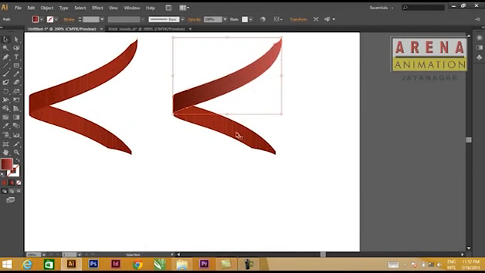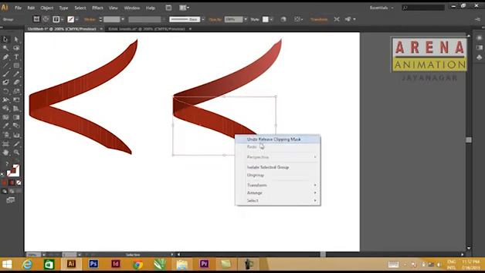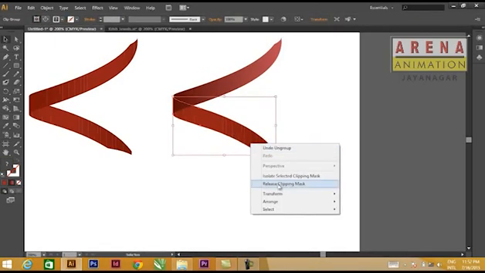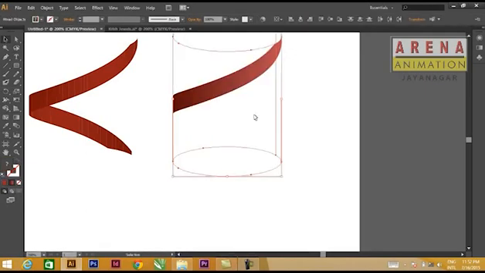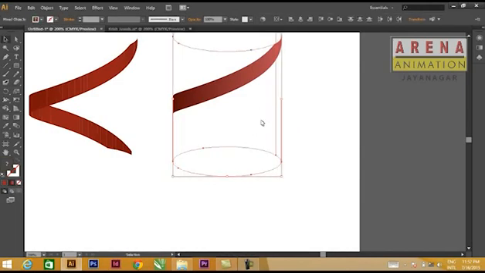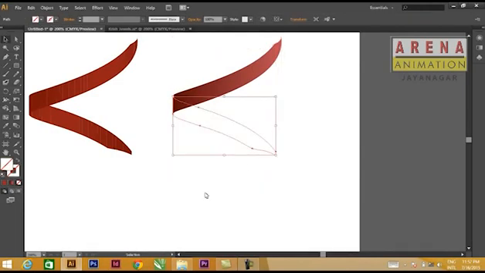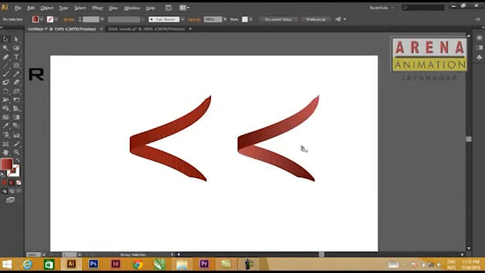Same process I will follow for the bottom. Release clipping mask, ungroup, and again release clipping mask. So once done, delete that. And there are some extra things. This I will delete. Just drag and select and delete that. Now again drag like this. The option will be getting here. For the bottom, I will be using this color. So again I'll take eyedropper tool, click on this. So here comes my